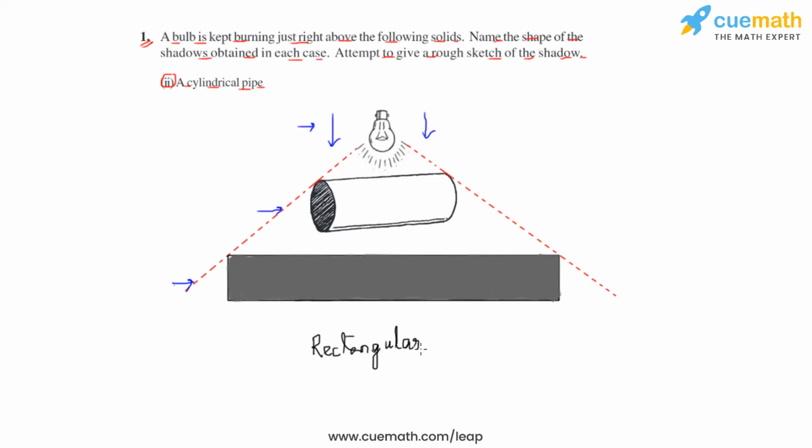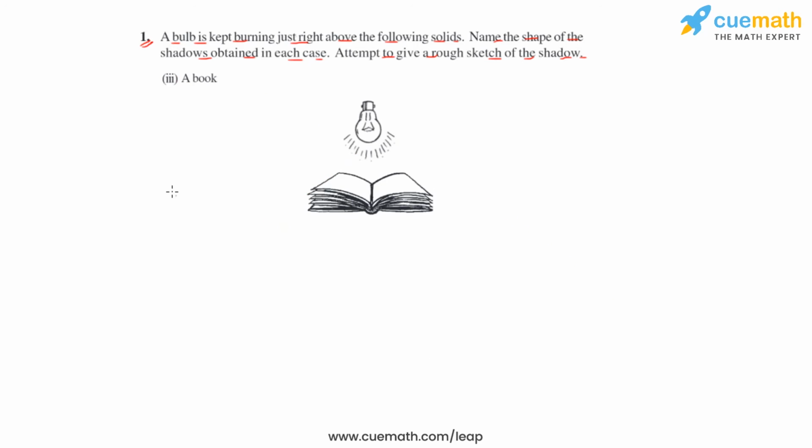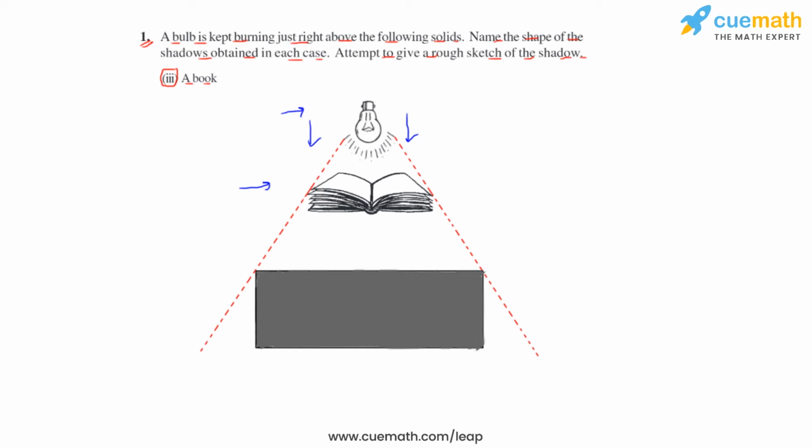So let us now move on to the last solid of the question. So here the last solid of the question is a book, which is again placed under a lamp, as we can see here in this particular figure. And since the lamp is present just above the book, so the shadow will be formed in this direction. So let us see what is the shadow formed. So here we see that the rays of light are passing through the book, and this is the shadow formed, which again, as we observe, is rectangular in shape.